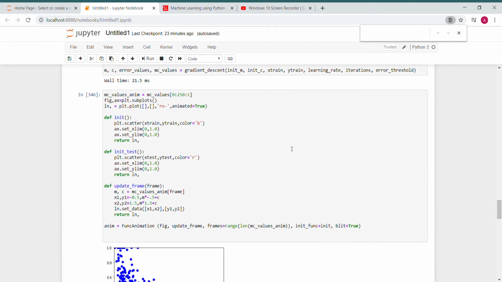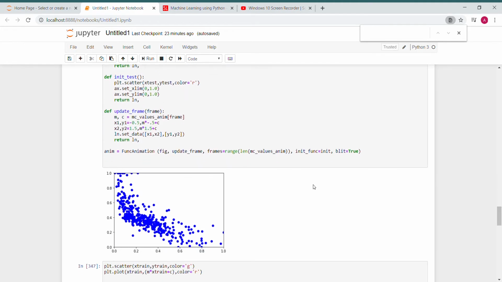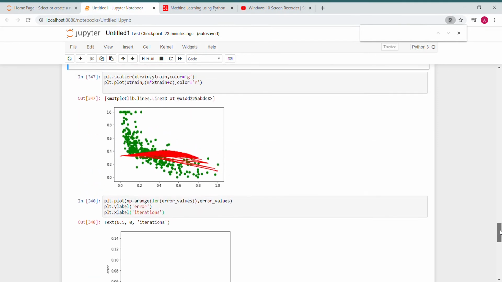And here we have plotted all the graphs. As you can see, this is the test data set graph. Here you can see the graph of the training data set, the data which we are using to train our model.